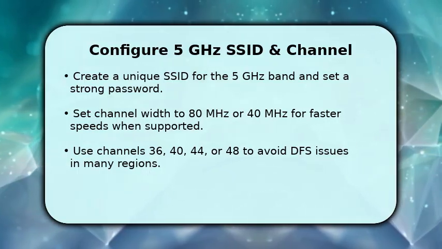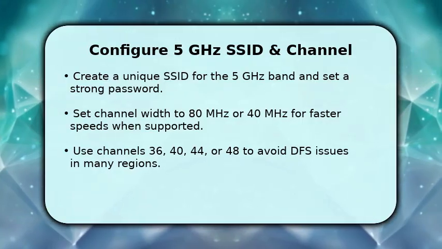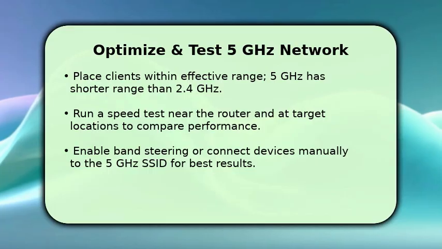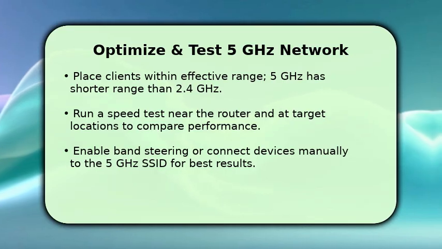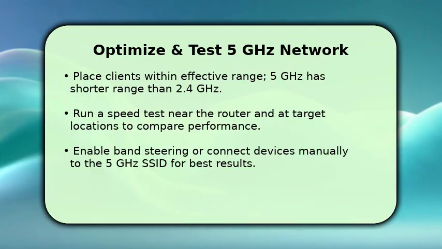Save settings and apply changes, then connect a test device to the new 5 GHz SSID and confirm the connection in network settings immediately. Remember that 5 GHz offers faster throughput but shorter range than 2.4 GHz, so place clients within effective coverage areas. Run speed tests near the router and at target locations to compare real performance and latency